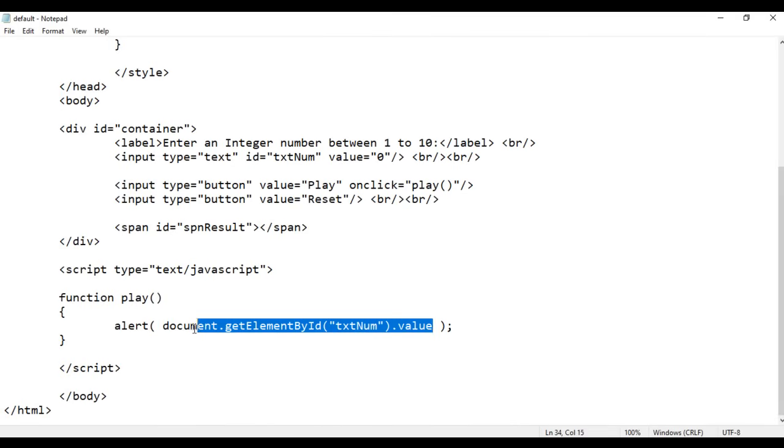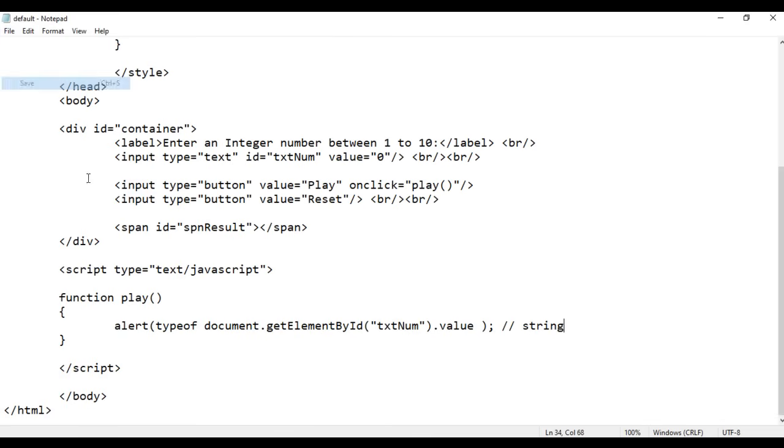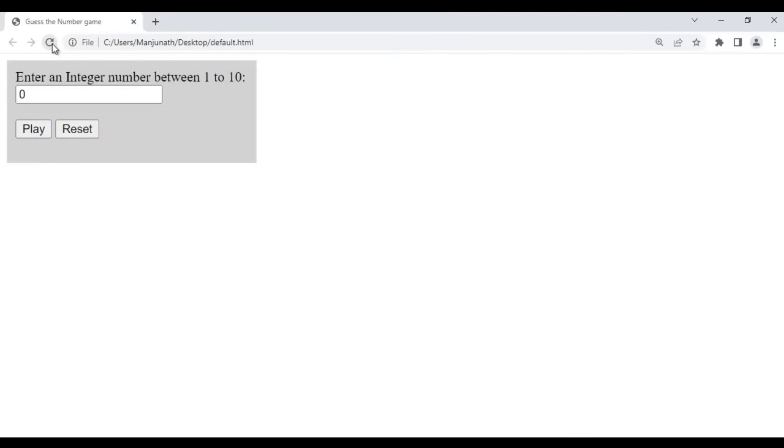It's a string type. If I say here typeof, there is a typeof operator in JavaScript which displays the type of the value. Now we are not displaying the value, we are displaying the type of the value that we are getting. Definitely you will see string displayed. If I say file, save, go to browser and refresh, and click on the play button, it says string. The value that you are getting, this 0, is actually a string type. If I say here 5 and play, it is telling that you are getting the string value,